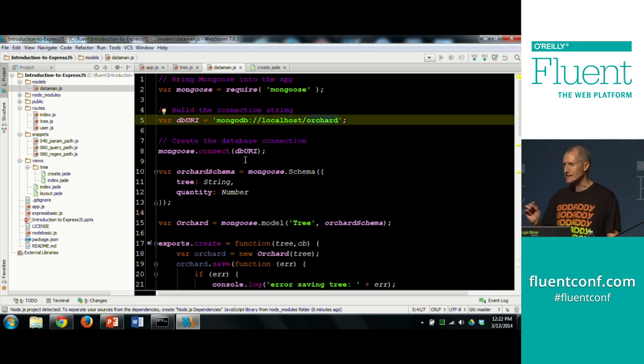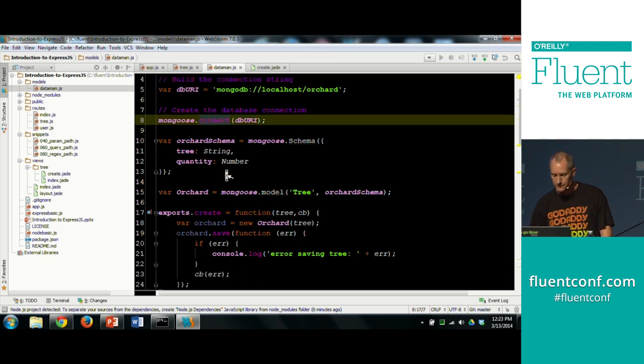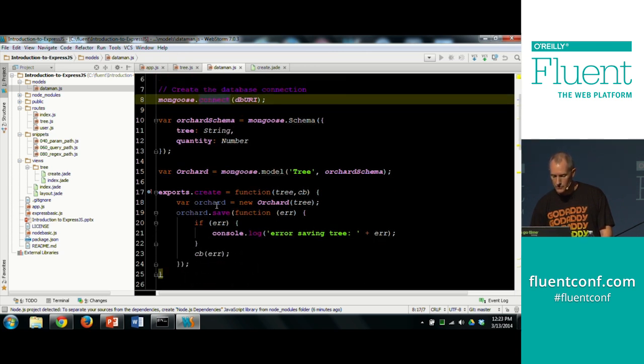Now, what's interesting is that the Orchard database did not exist when I started this, and I will get to that in a short while. I'm going to delete the database, and I'm going to show you how to do that. We're connecting to the database. We're setting up a schema, and then in create, we're